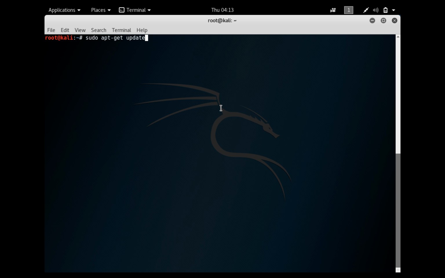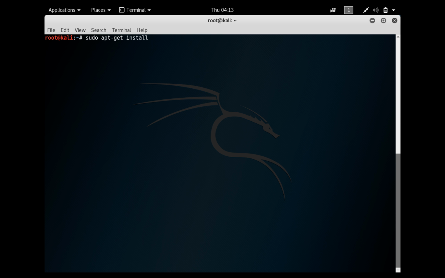So before we start, here's how we're going to install those tools in VirtualBox. This is the first command I will type. Actually, I've already installed them, so I'll just show you guys how I would install. This is the first command, and then after you type this, you can